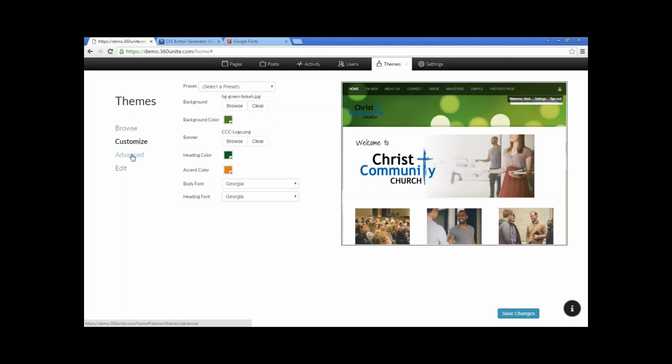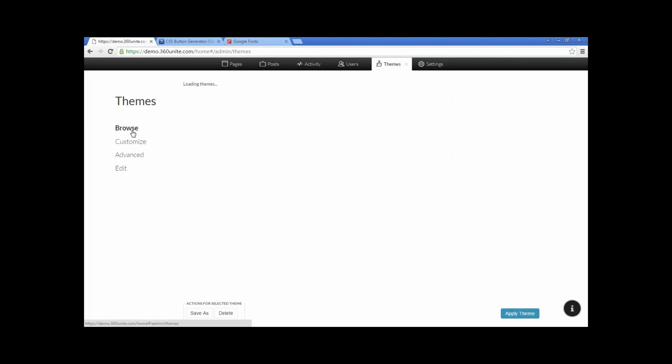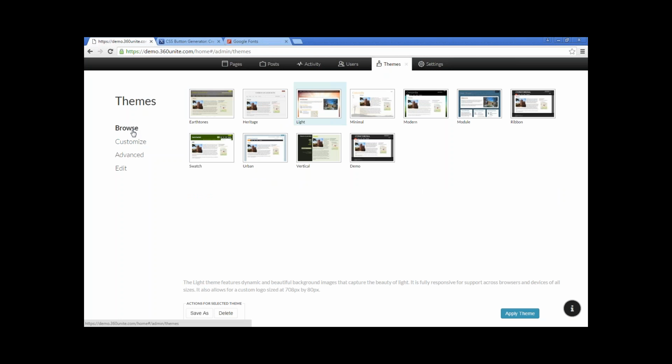Then there's also Advanced, and Advanced allows you to insert your own custom headers and custom scripts. And I was playing around with it earlier, and it looks like I've selected a theme that already has the information in there. So I'm going to go back and